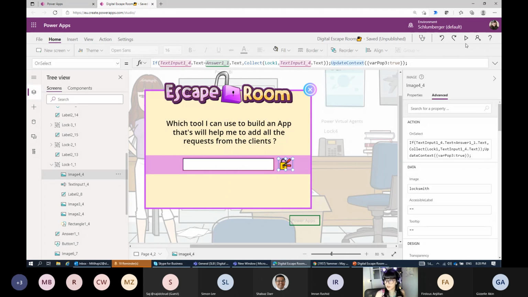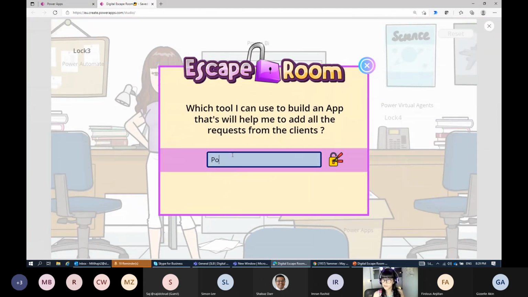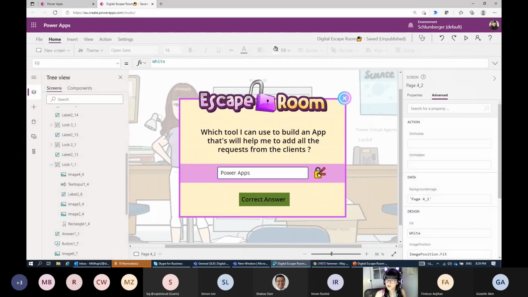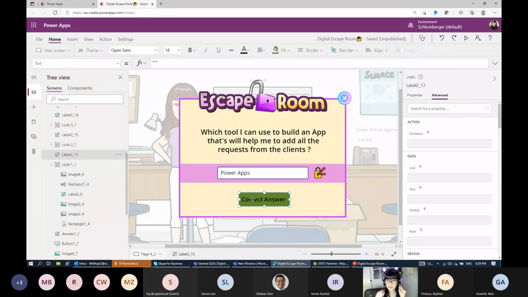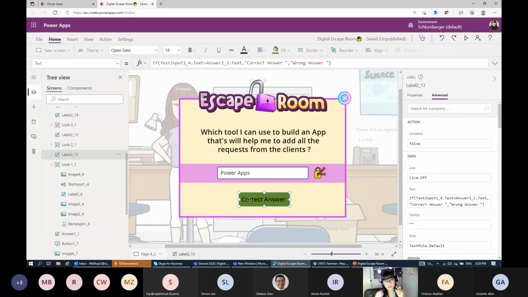But for example, here, let me type Power Apps, and let's see what will happen. Cool. So now, because it's a correct answer, it means I have the answer stored in my collection, which I will show you. Second, they will be able to see this label. If it's correct, it says correct. If it's wrong, it says wrong answer.